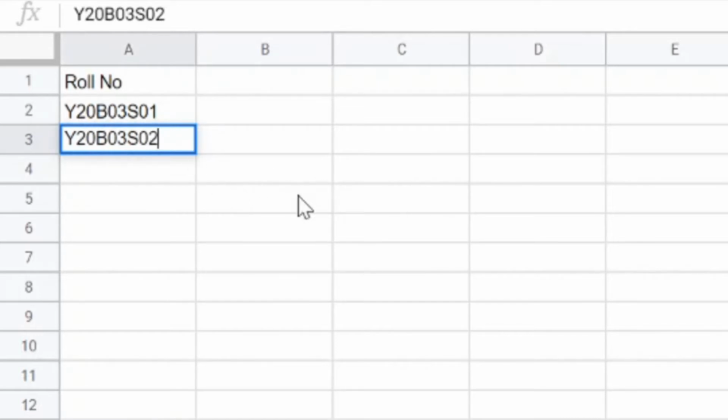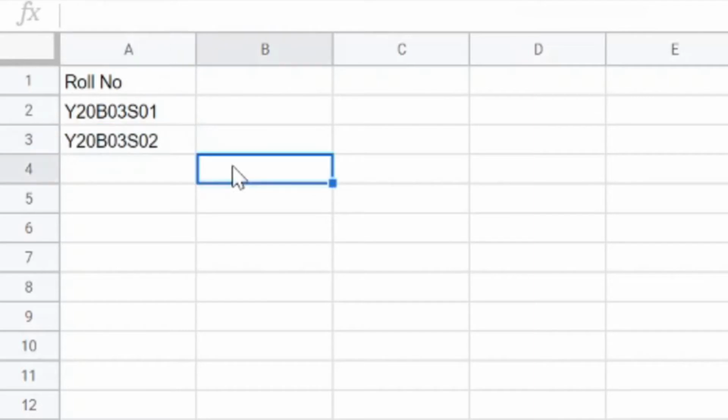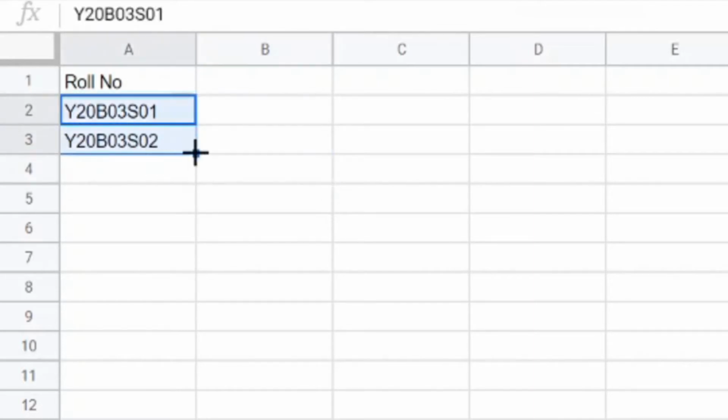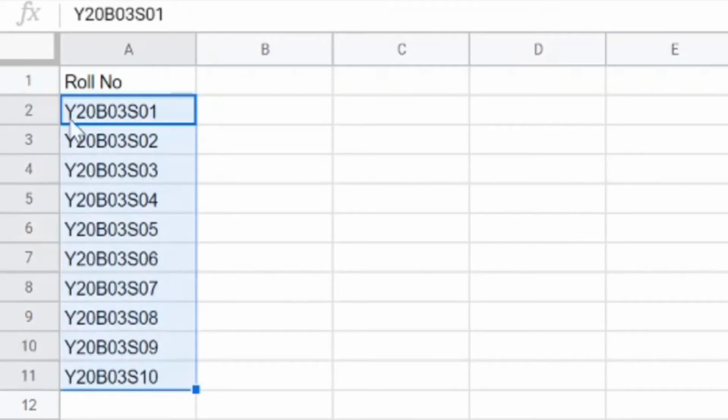Let the roll number begin like this. So we can use these two values also to autofill. We have to select this and drag up to however many numbers we want, and this type of format also works in autofill.